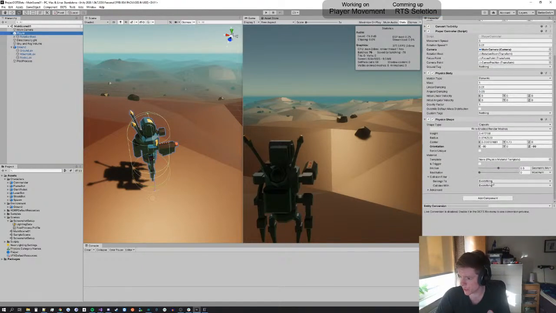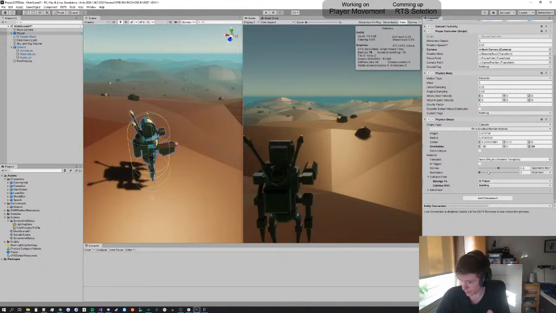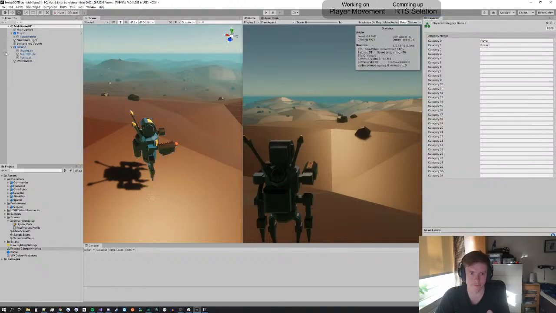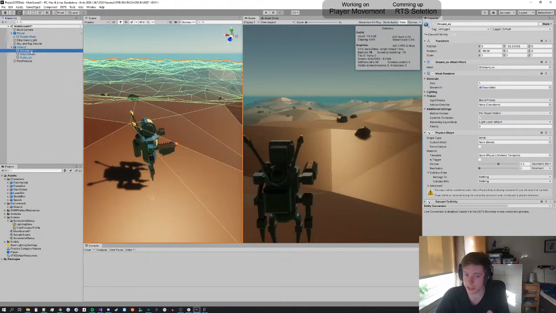So now they show up here, so we can take the player belongs to only player. I hate these long drop down menus, but so it belongs to player but collides with ground, and then the ground in turn